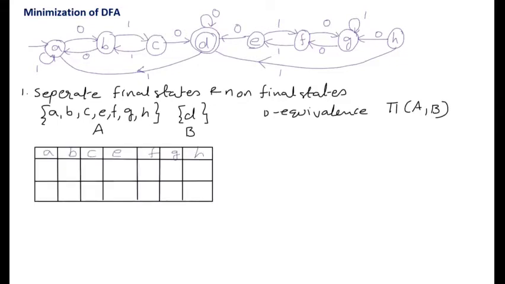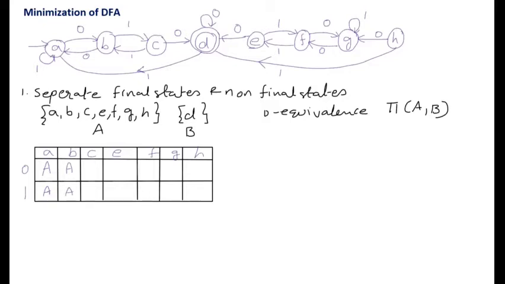To find the one equivalence, we will use this table. On the first row, we will write the states A, B, C, E, F, G, H and the input alphabet is 0 and 1. And now we need to fill the cells. A on 0 moves to the state B in the given DFA, and B belongs to the set A, so we write A here. A on 1 moves to the same state, and A belongs to the set A, so we write A. B on 0 moves to the state A, and A belongs to the set A, so A. B on 1 moves to the state C, and C belongs to the group A, so we need to write A.